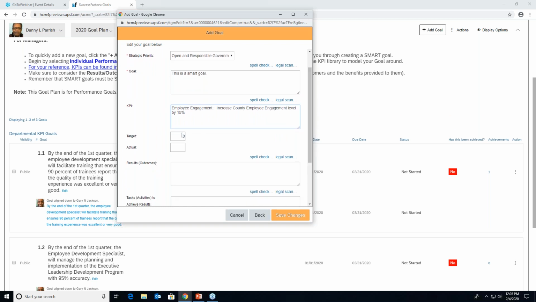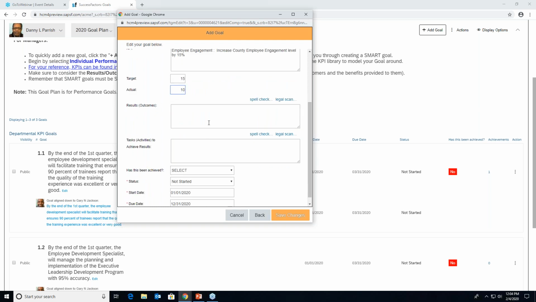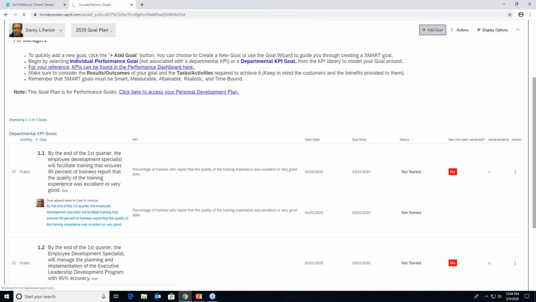If you had target information, you could put that there. Whatever the actual was, you could put that there, and then whatever the expected results or outcome, and then any activities associated with that, and then has this been achieved, and the status of that, and click save.